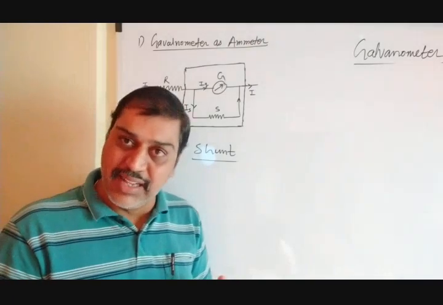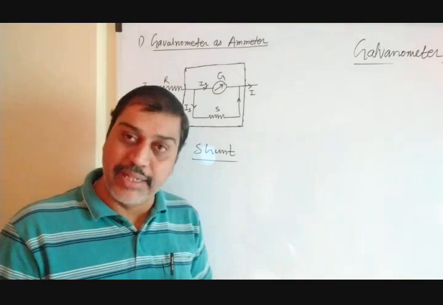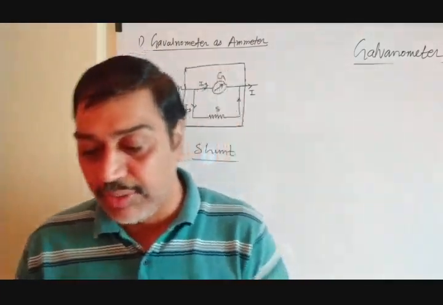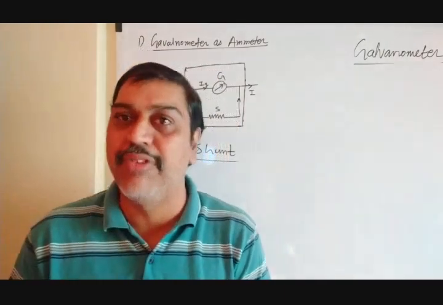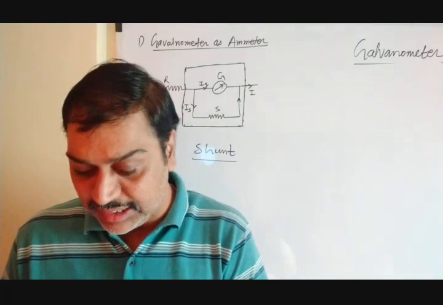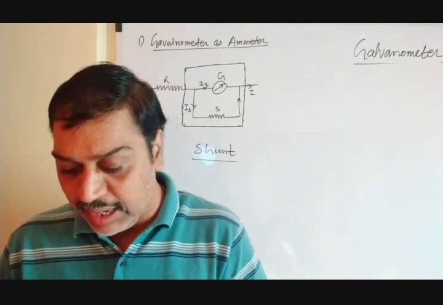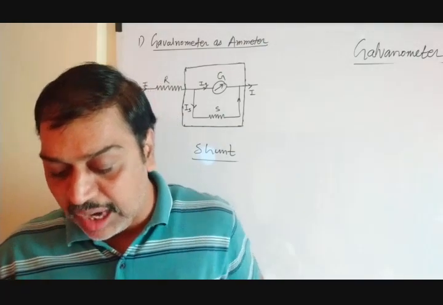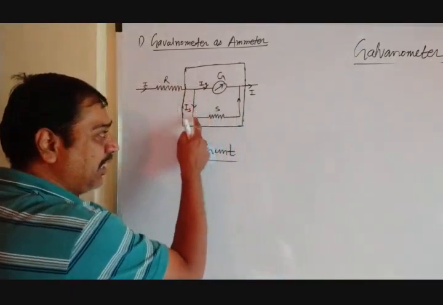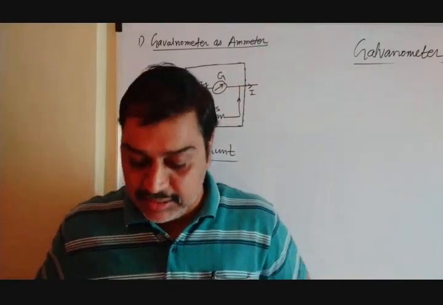It will decrease the resistance of the galvanometer, so we can use it as an ammeter. Second thing, it can increase the range of the ammeter; we just have to put some values in the mathematical part. We'll see how we are going to increase the range of the ammeter. It decreases the resistance between the points it is connected to. It is used to divert a large part of the total current by providing an alternate path. See, this is the alternate path. If a large current is passing, it gets passed through this, so the galvanometer gets protected. So these are the things that we have to achieve.